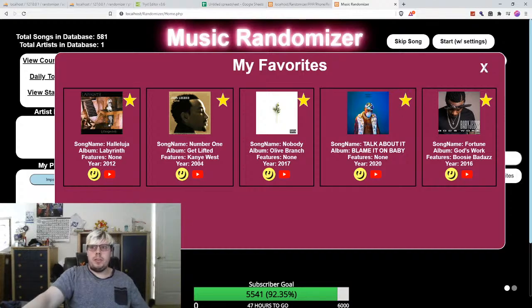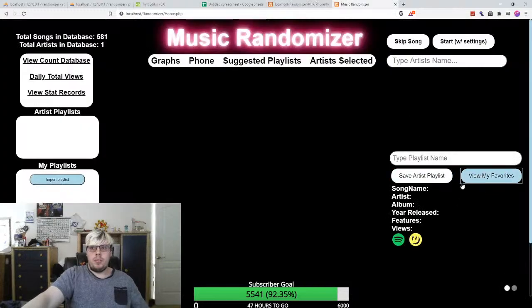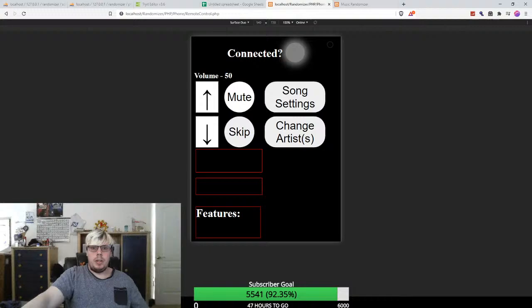And these favorites need to be cross-platformed with the favorites here, and then I'm probably gonna put a button up here called favorites. Make these a bit smaller, so you can see the same thing from here, and have them here. But that's it. So the favorites need to be cross-platformed. The issue I had with this was the cookies wasn't working. So in programming, you have this thing called cookies, and